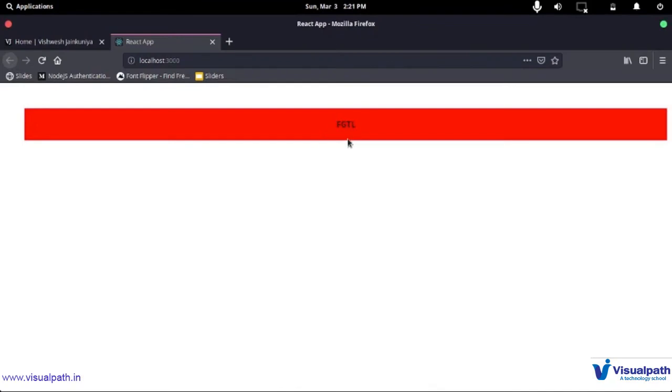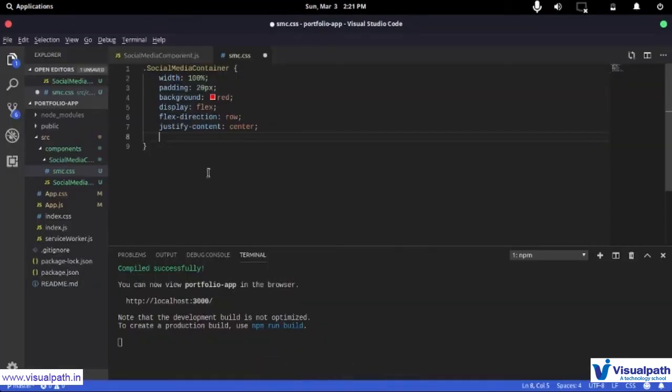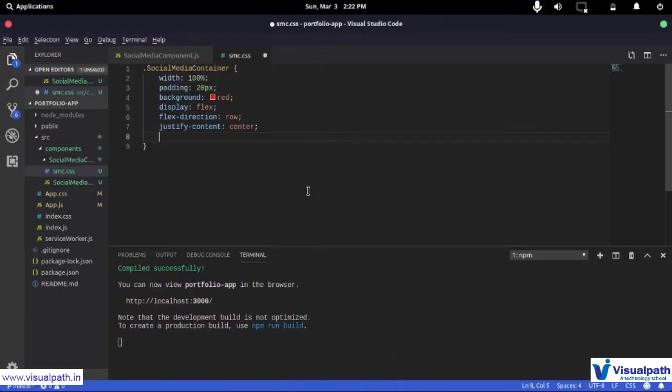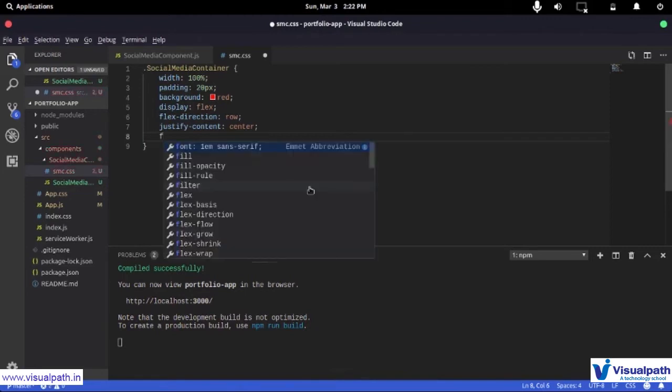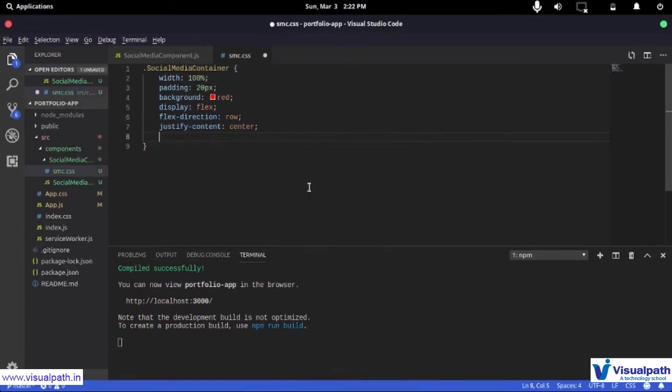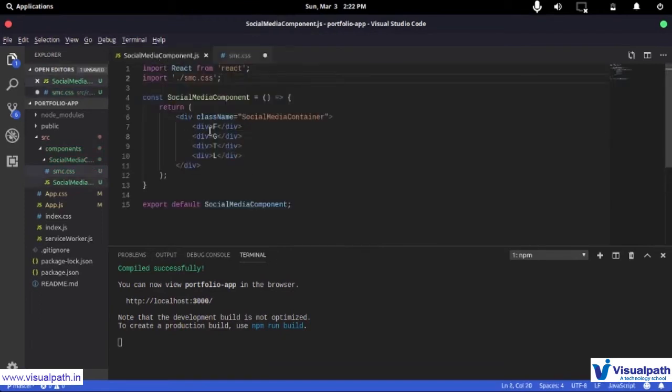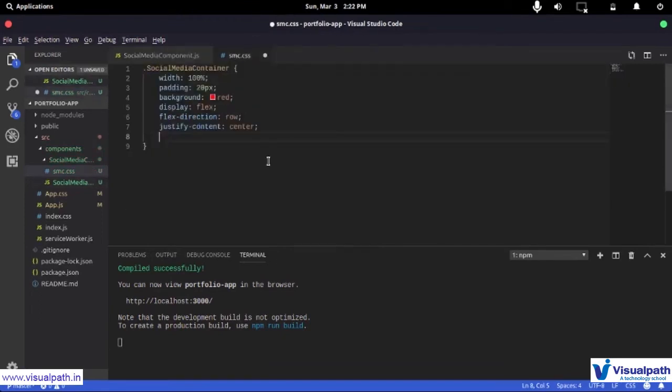Now this is somewhere in center only, and now I want to put spaces between them. They are actually too close to each other. So what I want to do is use another property from flex, and these are things that you can look up on the internet regarding flex. So if I say space between, or you can do a lot of other things as well. So you can just go ahead, give all these a class, and then you can have those. So now justify content is being done.